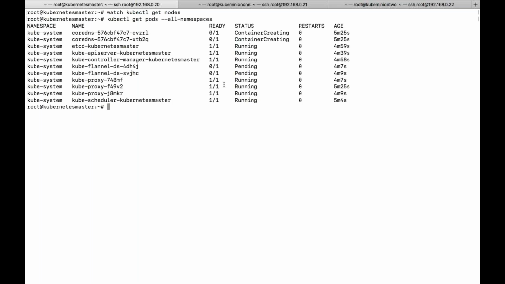Still it is under creation process. You can see here on the other two nodes. Because my system is a bit slow, that's the reason it is taking some time. See, this output I've already shown you, the logs, where it is saying it is still in process. So that's the reason.